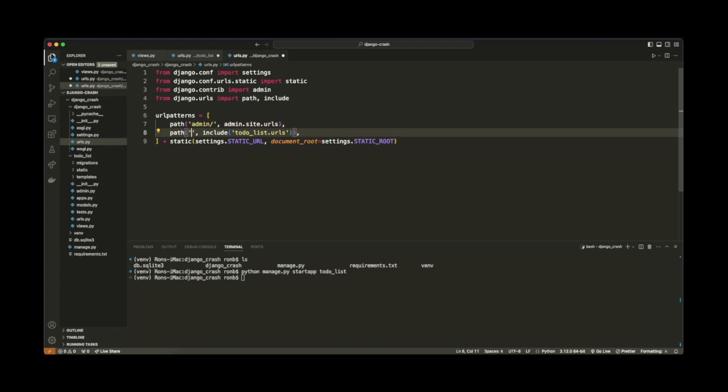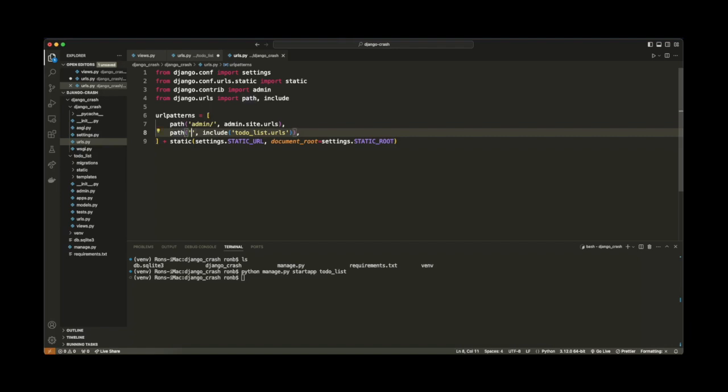What's going on here? I'm not sure what happened there, but that should be an empty string, not a list. So if you have a list there, guys, just make this an empty string. I may have been demonstrating something earlier, and I forgot to delete it, but yeah, basically this path right here